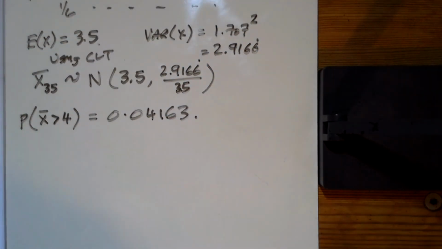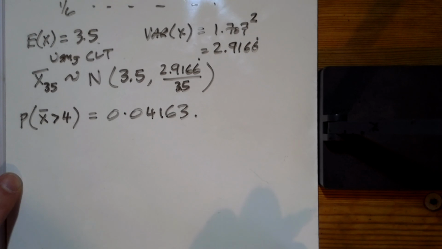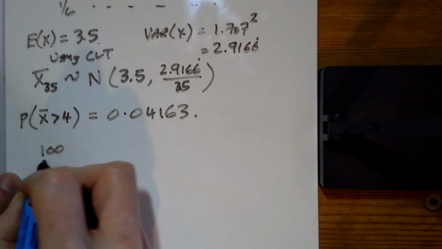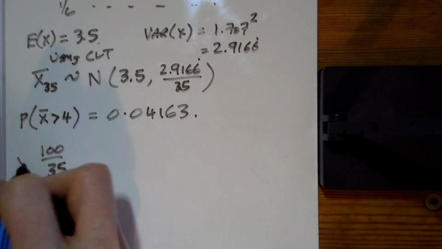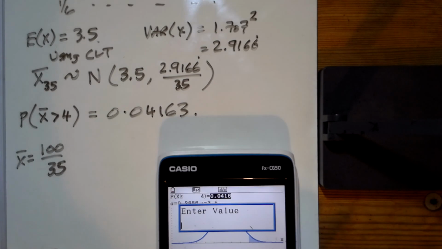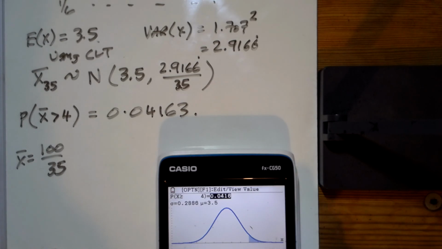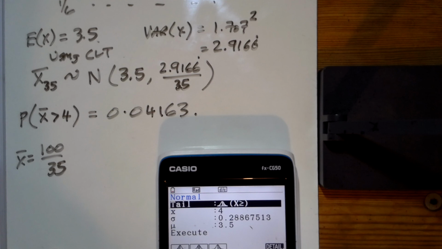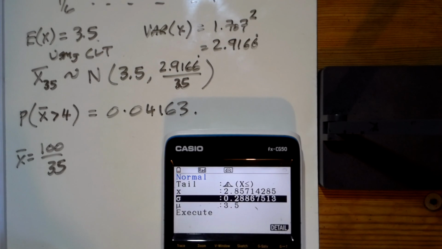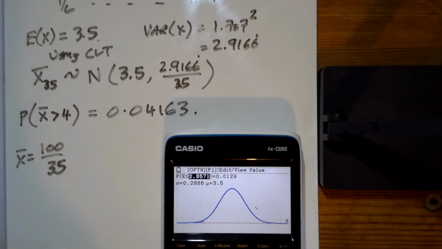And part B, find the probability that the total of the 35 scores is less than 100. Why don't we just do 100 divided by 35 to find out what the mean's going to be then? And it's less than. So if I just go back one page from there, this time I want a less than, I want 100 divided by 35, so I want to be less than 2.857, and just do that, and the less than value there,